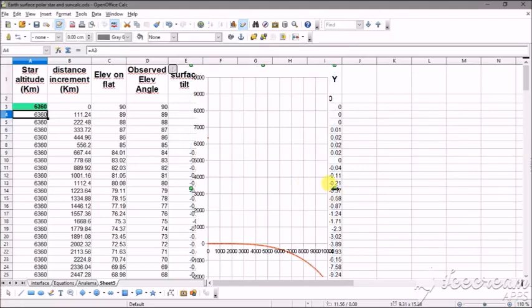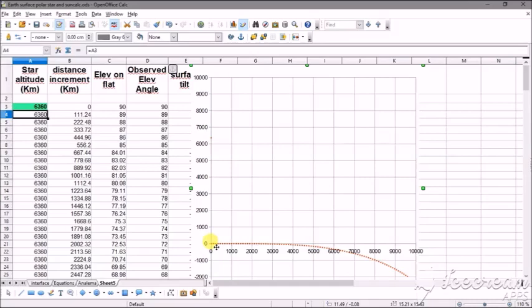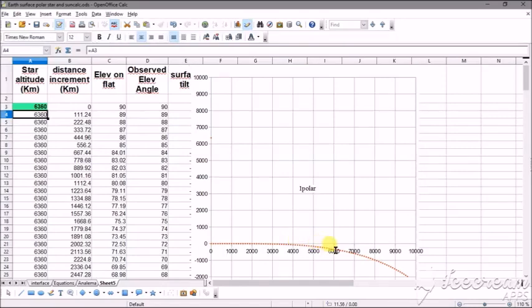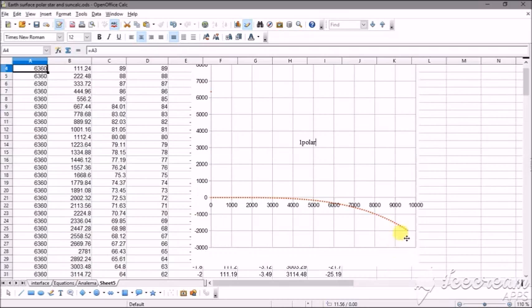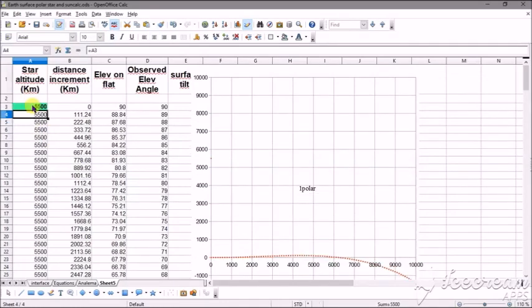So we stretch it. So now it's a square, but we still see that after 4,000 kilometers, it starts to curve down. Down to 2,000 kilometers when it's around 9,500. So let's get back and try another number. Alright, still the same problem. Let's try